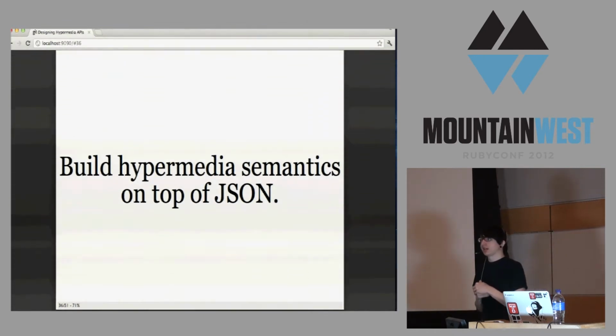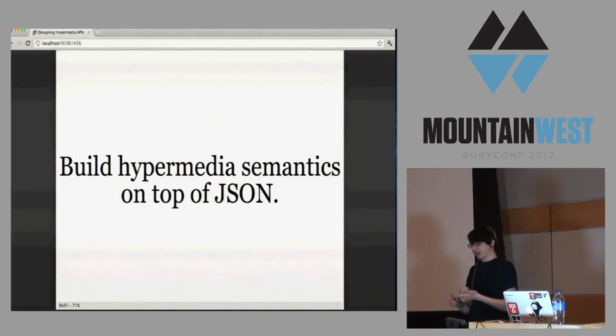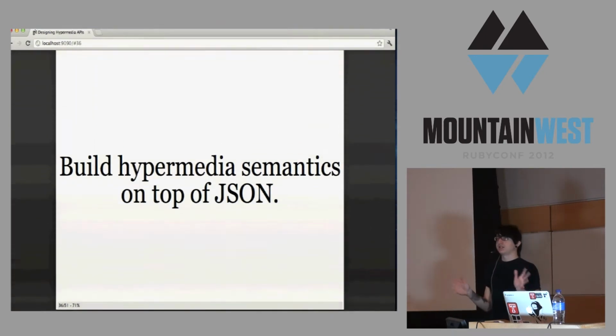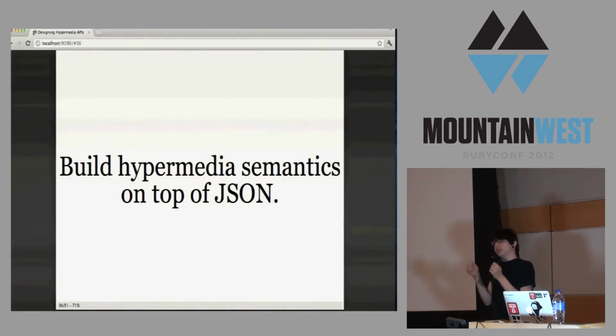Basically, the problem with JSON and the problem with basic XML is that there is no way to represent a link in JSON. The JSON spec defines strings, arrays, objects, but it doesn't define any way of creating a link. So this is a problem. Essentially, we need a standardized way to represent those links so that we can build our state machine